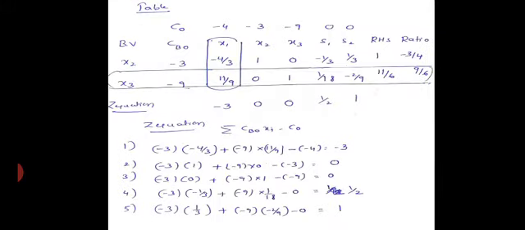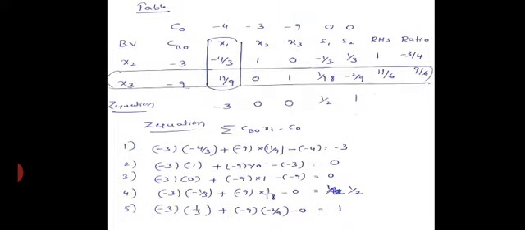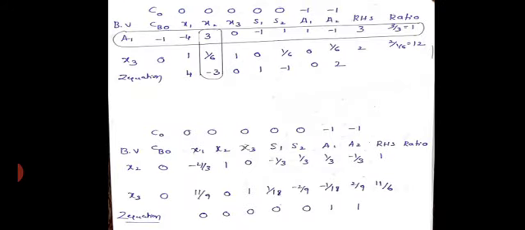Okay, next, similarly you create the table now. This table is as it is from the final table of phase 1, but here the coefficients will change now. The coefficients are -4, -3, -9, 0, 0. The CB values will be exactly from the original last table. Here the x2, x3 variables. I have copied the x2, x3 variables, but here the CB will change.